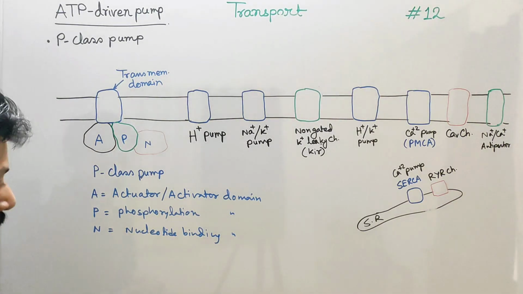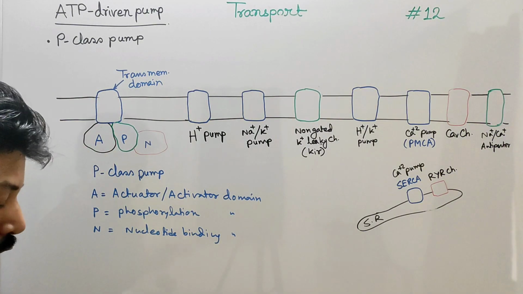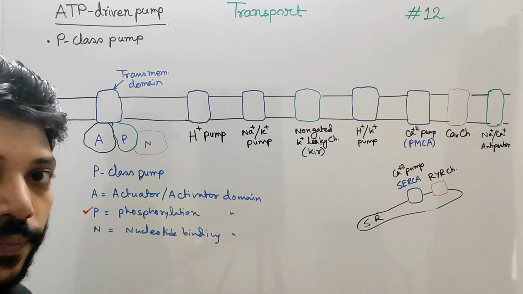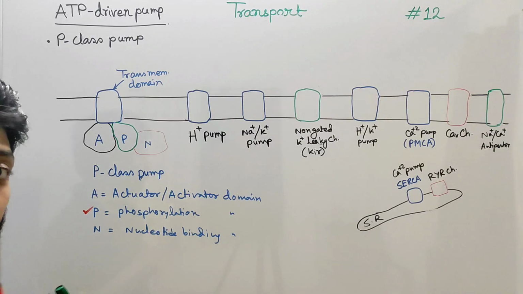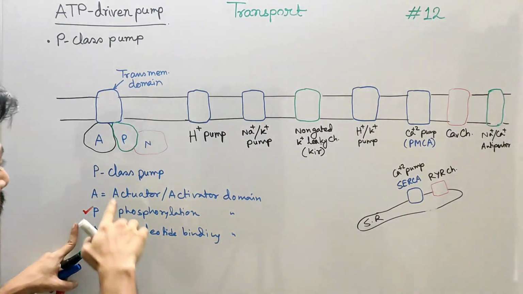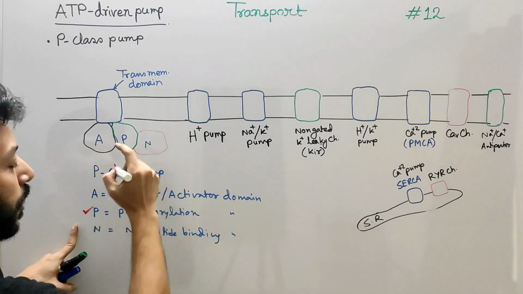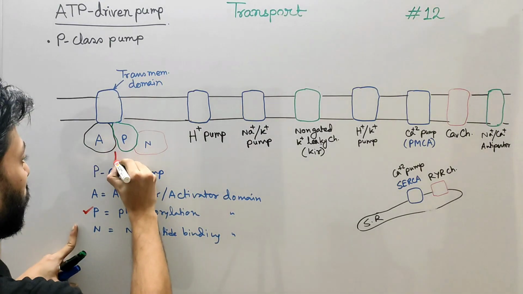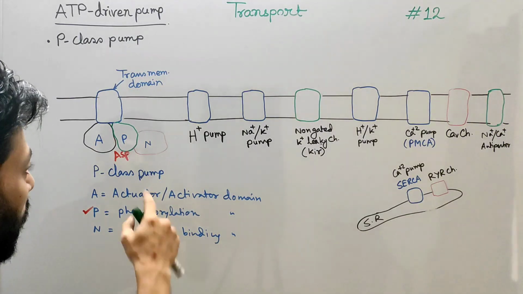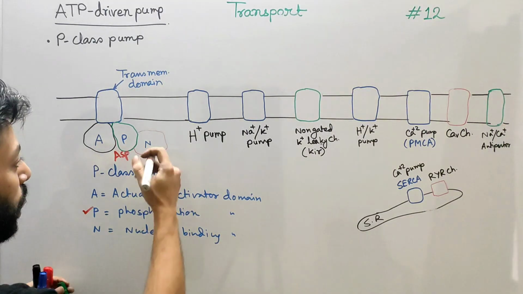Now, I want to mention why this is called the P class pump: because of the phosphorylation. All the P class pumps contain these four different segments, but phosphorylation is a must. In this phosphorylation domain, there is a particular amino acid present called aspartic acid. Remember this, aspartic acid. In the nucleotide binding domain, ATP will bind,